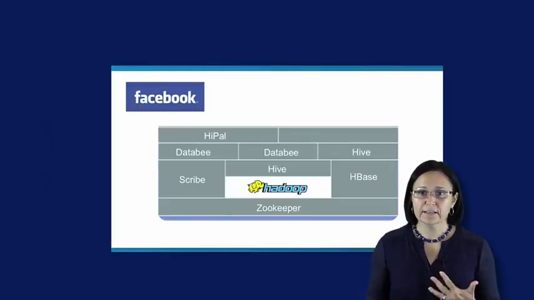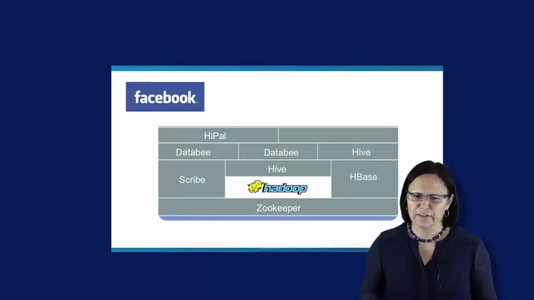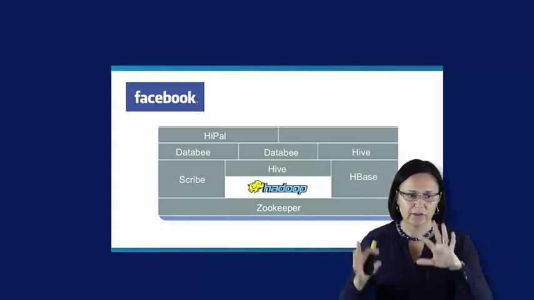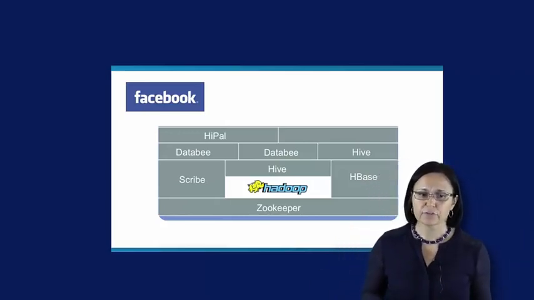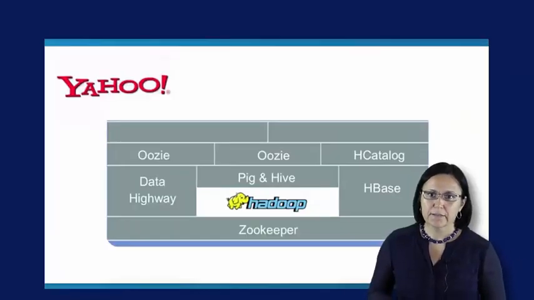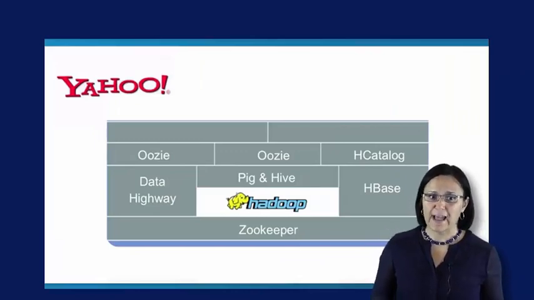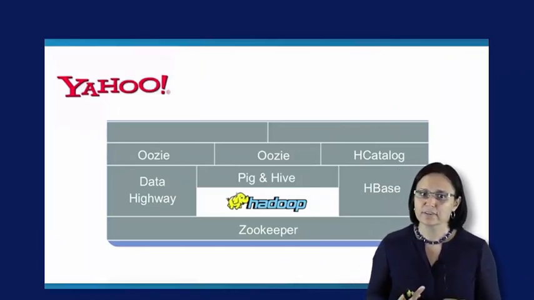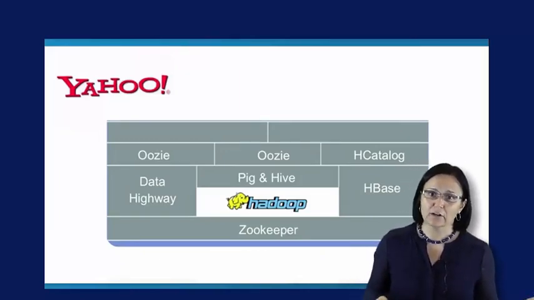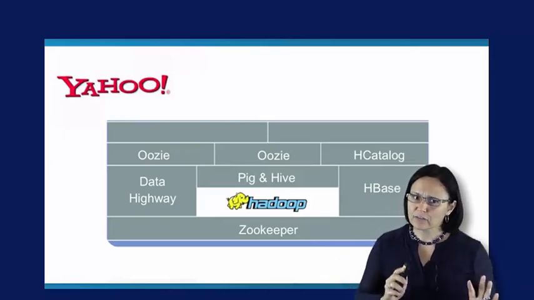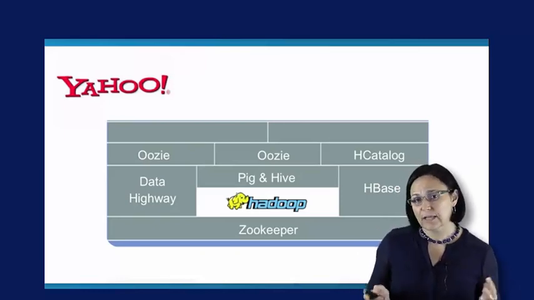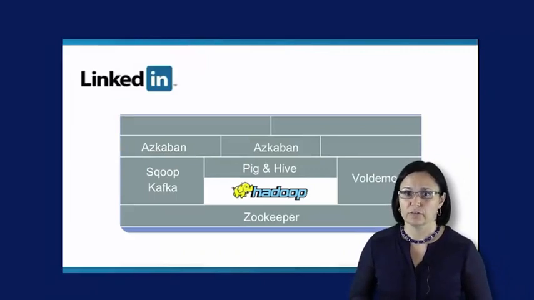Well, then we can see that Facebook's stack looks very similar. You have ZooKeeper that orchestrates things. You have HBase, you have Hive and Cassandra, and then we have Scribe that is used for ingestion of large data sets. Then if we move on and look at the Yahoo stack, you can see that they use some of the same components, but they have something called Data Highway, Oozie, and HCatalog for the metadata catalog. So things are still very similar. They're still used for the same purposes. However, they might have different names because they have somewhat different implementations of these tools.